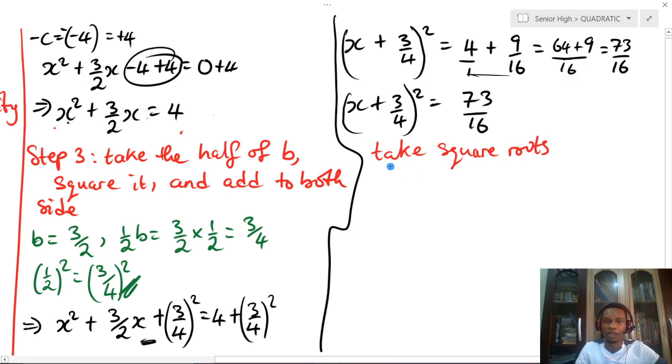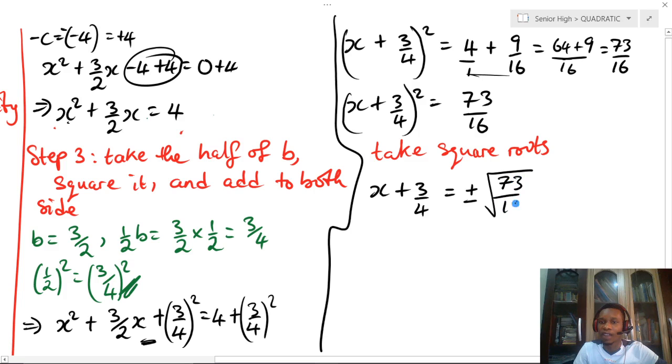And that will give us what? x plus 3 over 4, because the square root will cancel out the square, is equal to... remember when you're taking the square roots from a squared value, what do you put? Plus or minus. So that'll be plus or minus